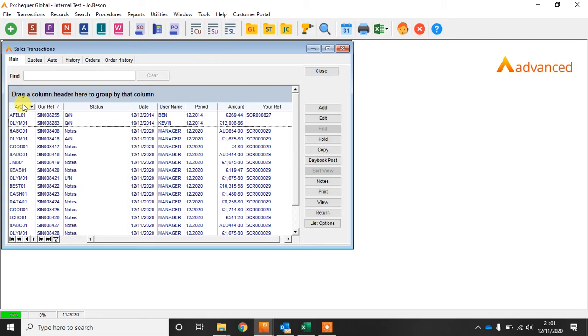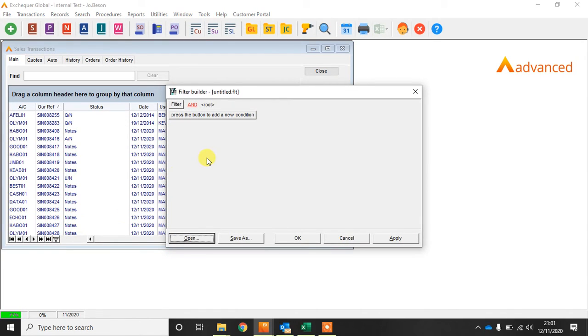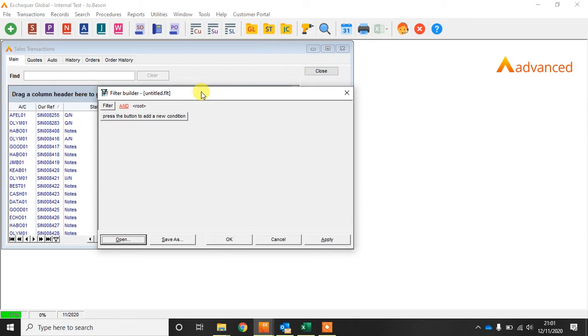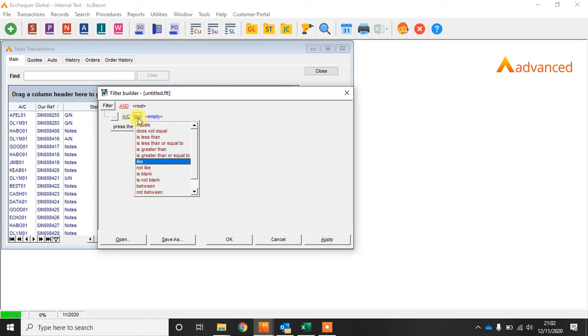So on to where I left off, you can create more complex customized filters by using the filter query builder down here. What that allows you to do is actually build up your own filter for you to save and use whenever you need to. So for example here, I might want to change this and say I'm going to look for my account code, change my operator, and I want to say look for account code